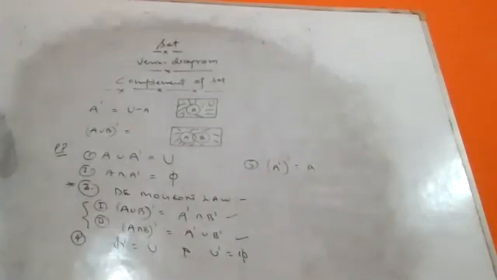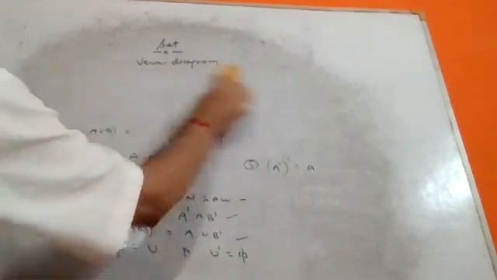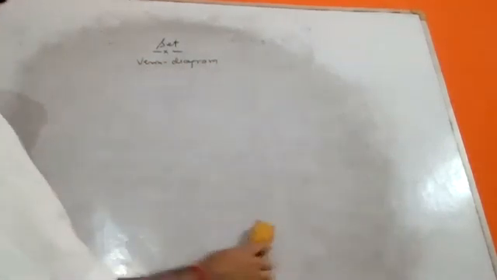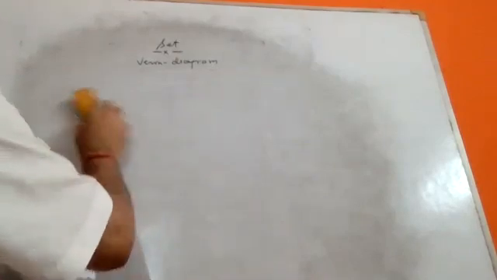Complement of A itself, complement of this one. So these are the properties of union, intersection, difference, and complement of sets, right? And in the examination, with the help of these properties, we are going to discuss how to prove different questions. Our basic idea is how to prove some basic level questions with the help of these properties.